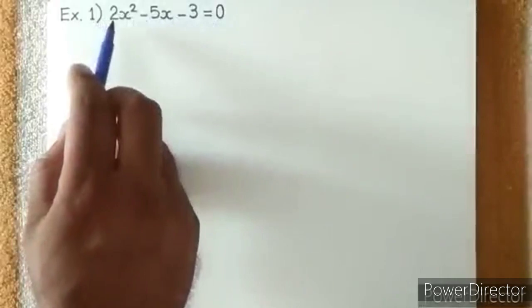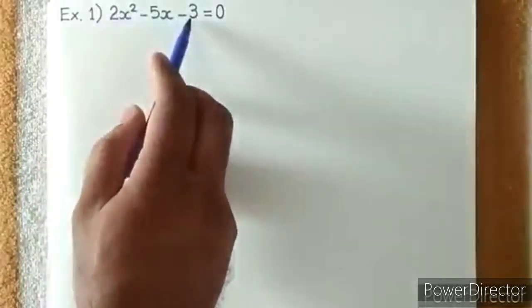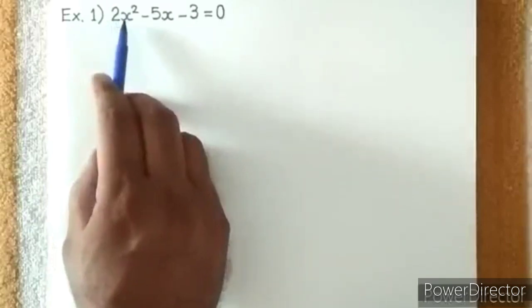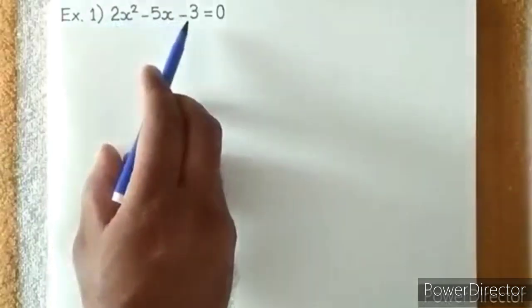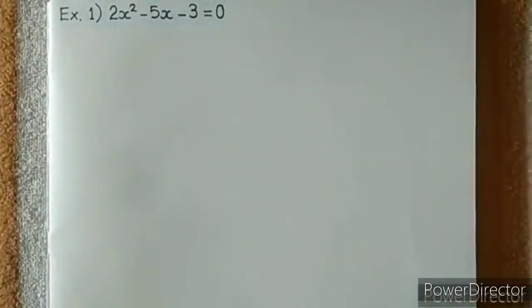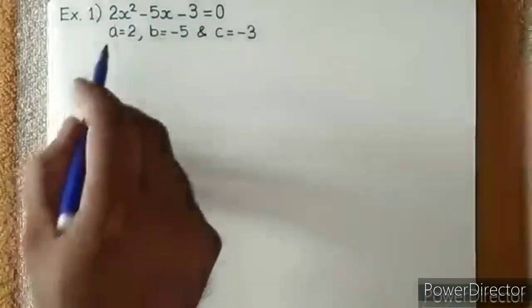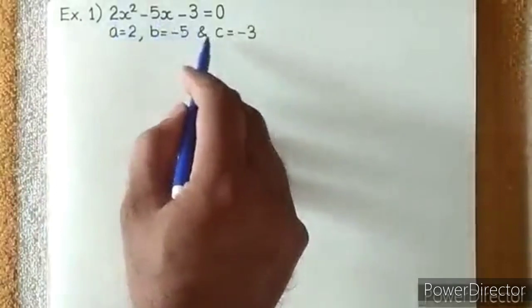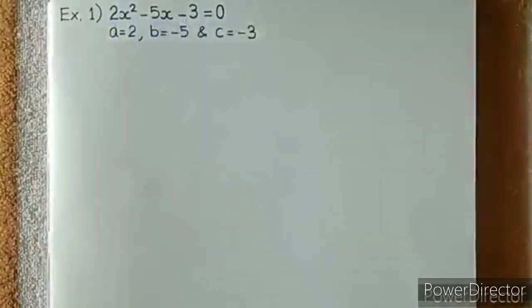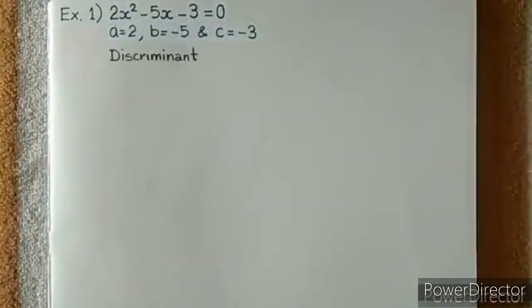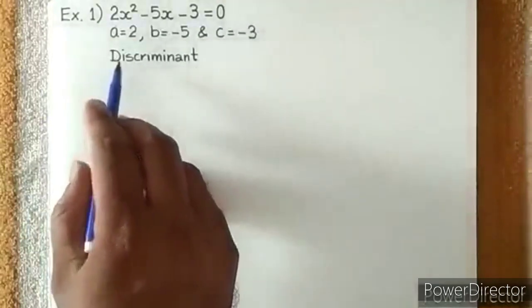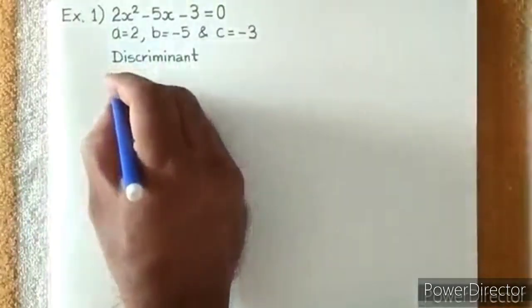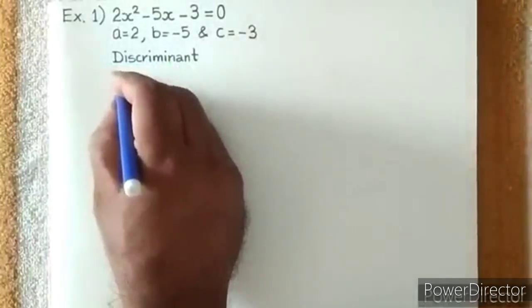So first we'll write what is a, b and c, because the standard form of a quadratic equation is ax square plus bx plus c. So your a is 2, your b is minus 5 and c is negative 3. After this we need to find something called the discriminant, and the discriminant formula is